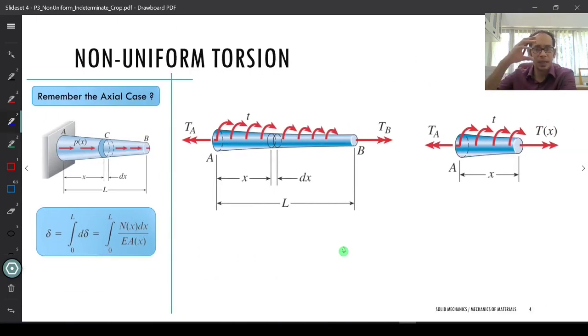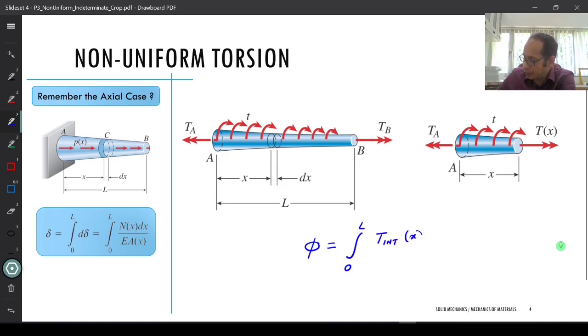Remember this one where we had the continuous gradation of the area, and if you have a body force that is being applied, we had cut a small section dx and calculated the internal forces and so on. Here also it is going to be exactly the same thing. In the axial case you calculated the deformation. In this particular case you are going to calculate the phi, and you can take the free body diagram and calculate it, and you solve it, and you see that eventually the integral comes out to be one and the same. Analogically again, going to be 0 to L,